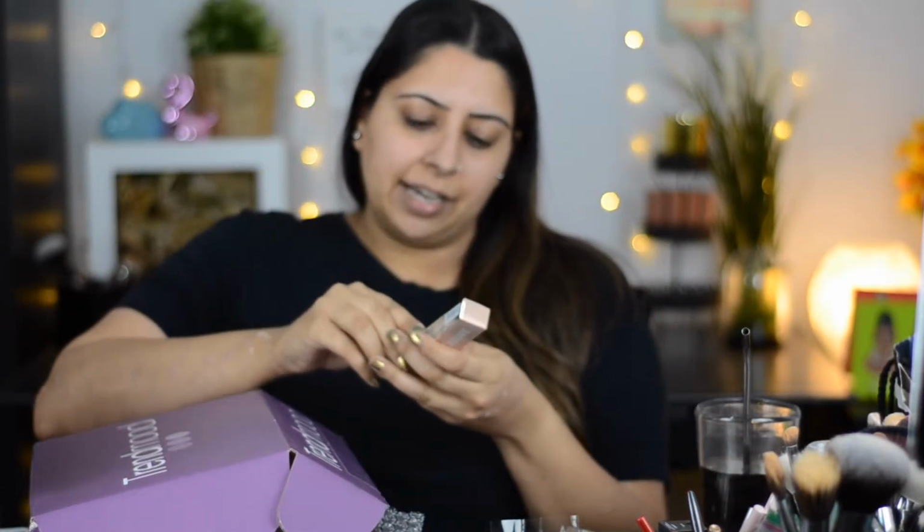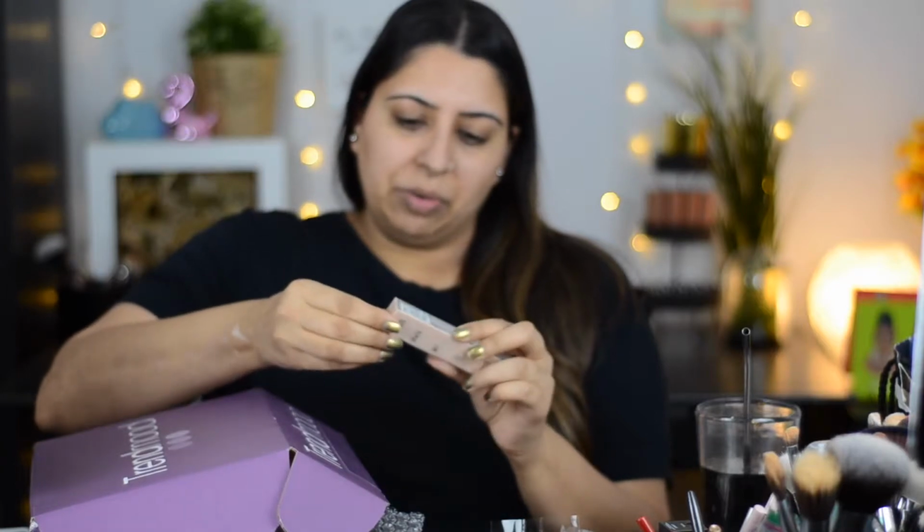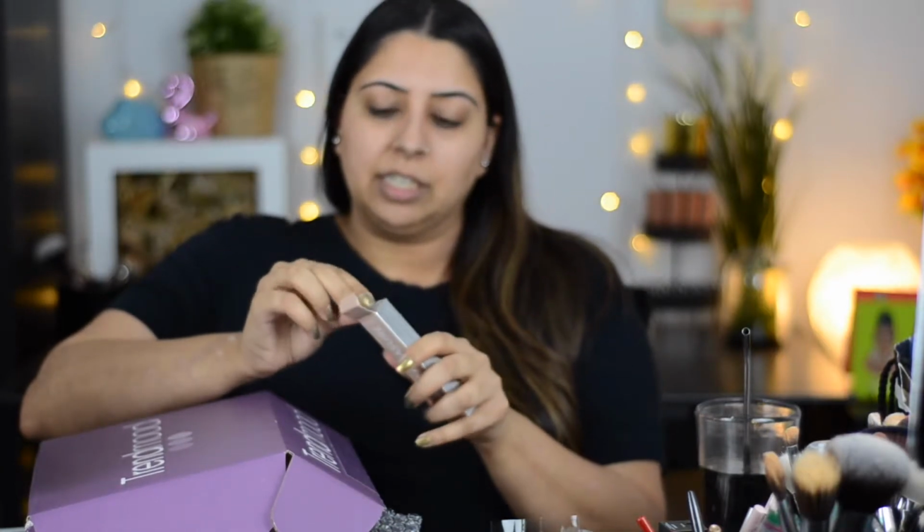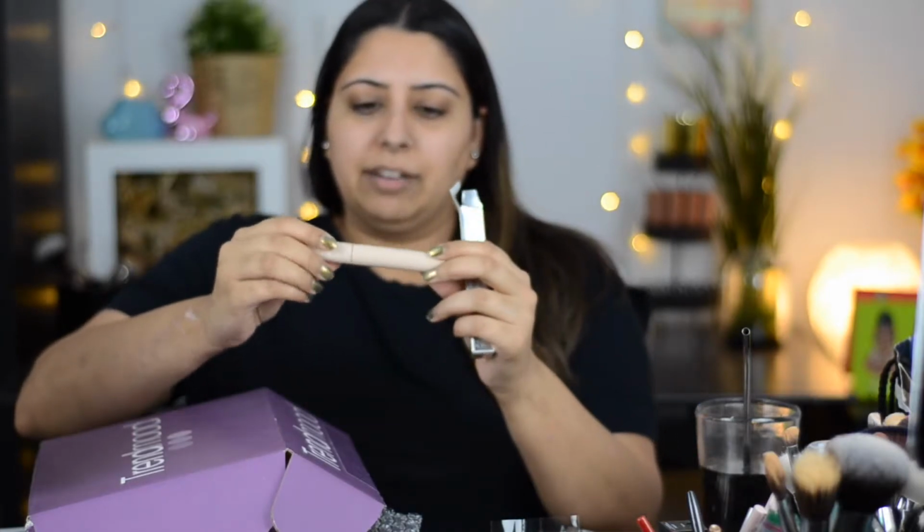Next, I see the mascara. So they have a Major Pleasure mascara. We'll get into this, but the packaging on here looked absolutely stunning from what I've seen other people do. It kind of reminds me of, actually it's different. I was going to say it reminds me of the Charlotte Tilbury Pillow Talk push-up lash packaging, but it's actually